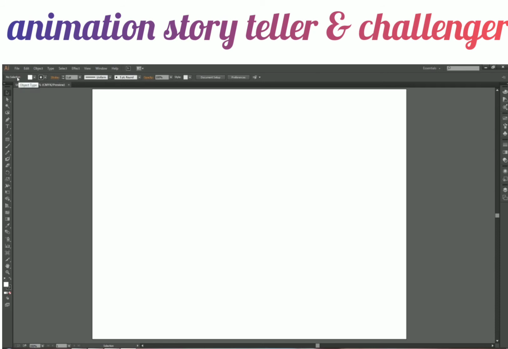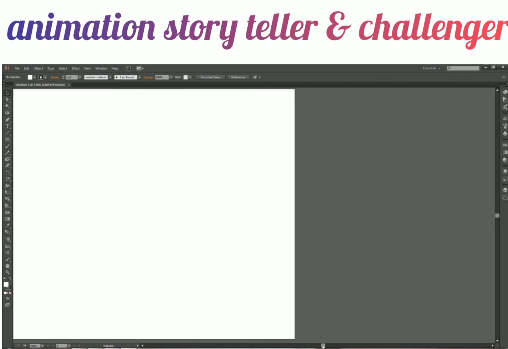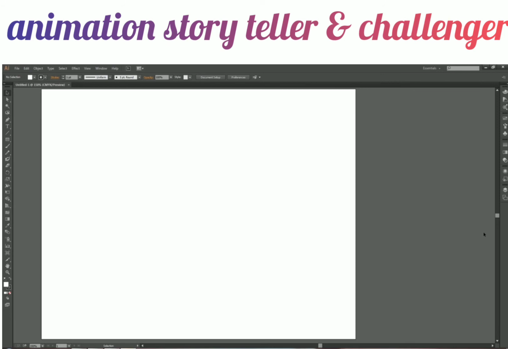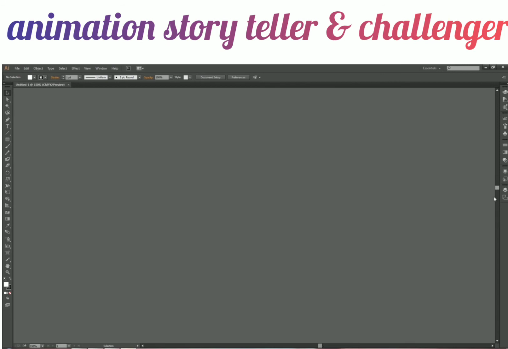And at the bottom we have one more small panel, and there's actually no name for it. Even I don't know what to call it, but there's something at the bottom, and I'll tell you how to use it. We get these two scroll bars. So if you are not comfortable with holding space and left mouse click and dragging around, you can use these two scroll bars to navigate around your canvas.